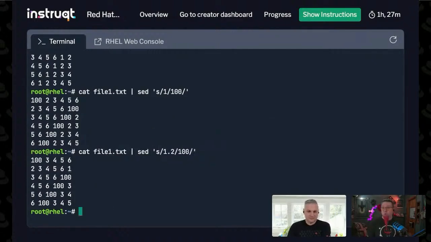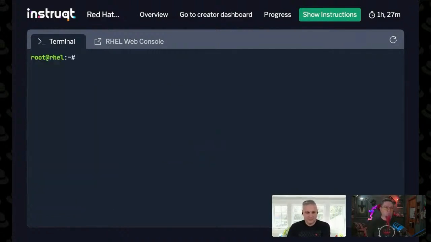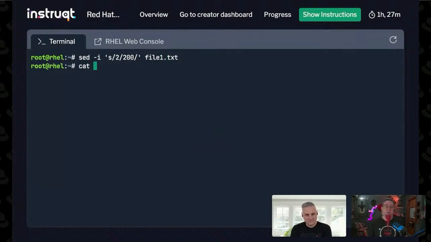But another cool thing with sed, let me reset the screen here. You can modify a file in place with sed. The number of times I've used this in a post install script where I'm trying to change a bunch of files at once, you just do sed dash i, which I think stands for in place. Maybe I'm wrong there. We're going to beat up on the number 2 this time, and we're going to change it to 200. And then we're going to give the name of the file. Okay, and now if I cat the file,